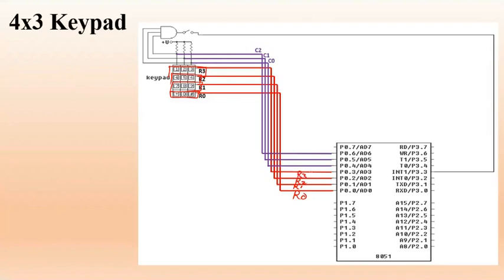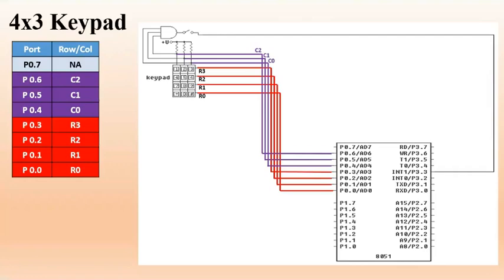Now first of all, whenever you get a keypad or a keyboard, first make note of all the rows and columns. How many rows are there and how many columns are there? Make a note and create a matrix. Simple. Create a matrix, so that you can know which key is going to be pressed.